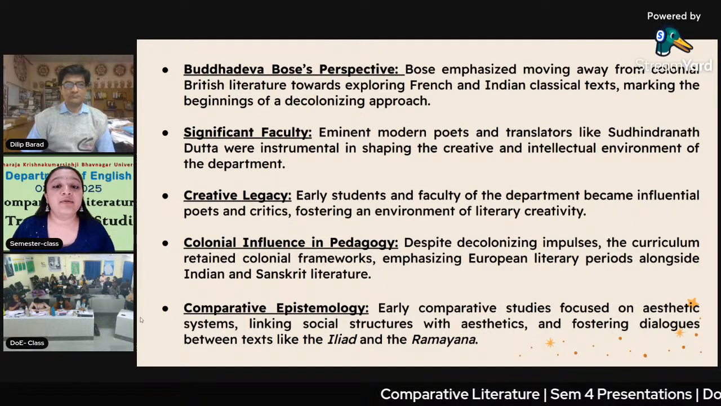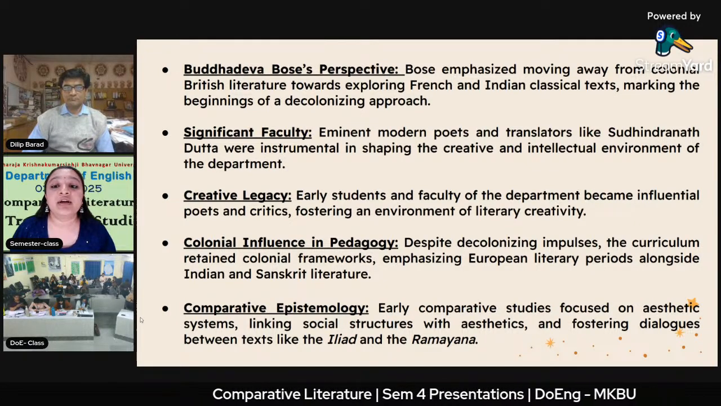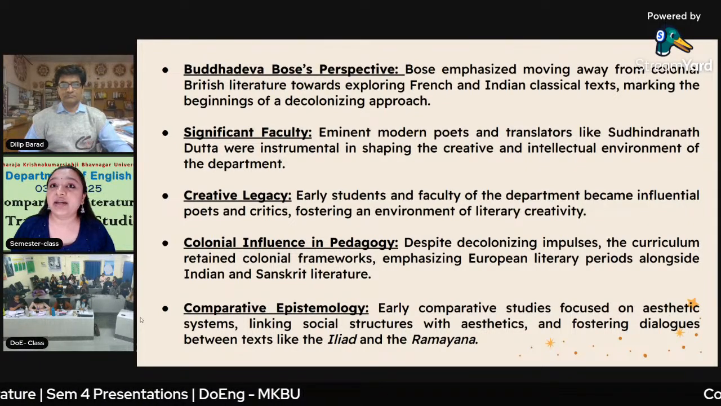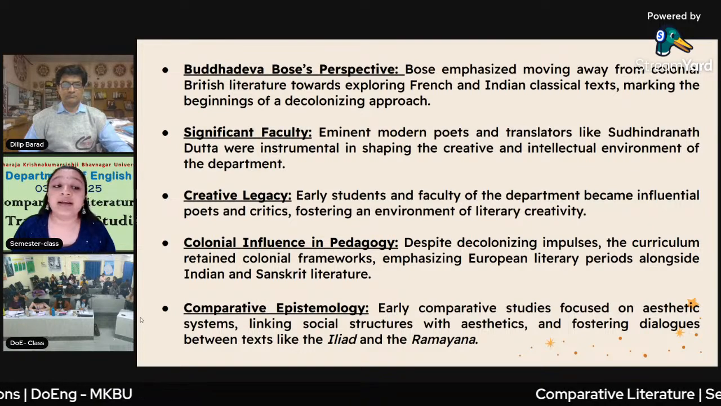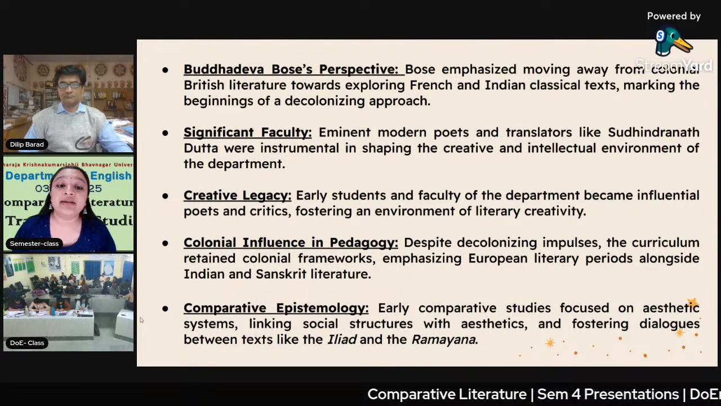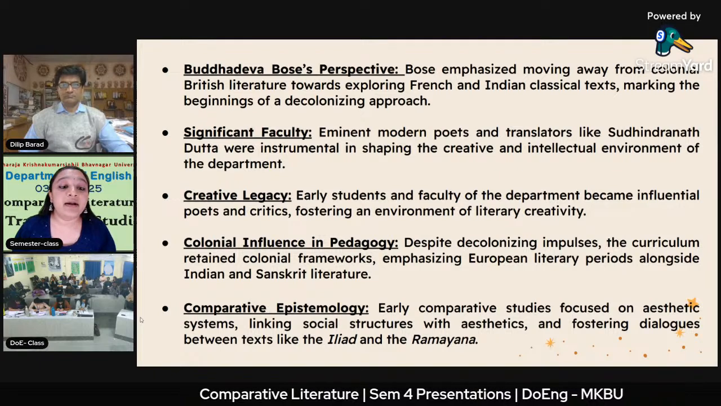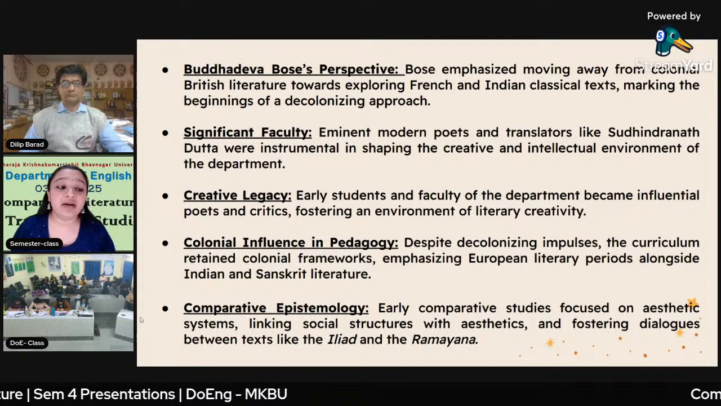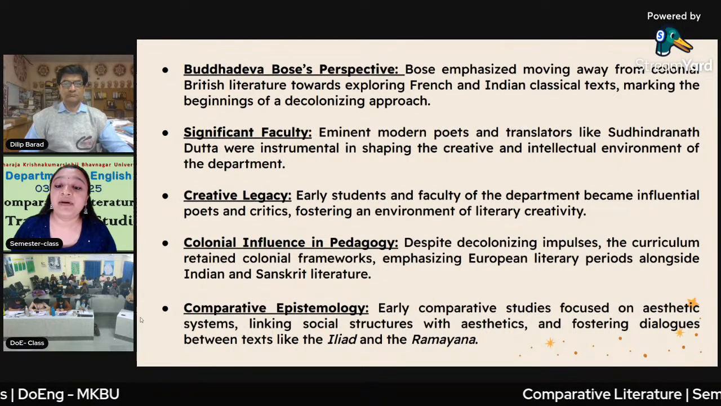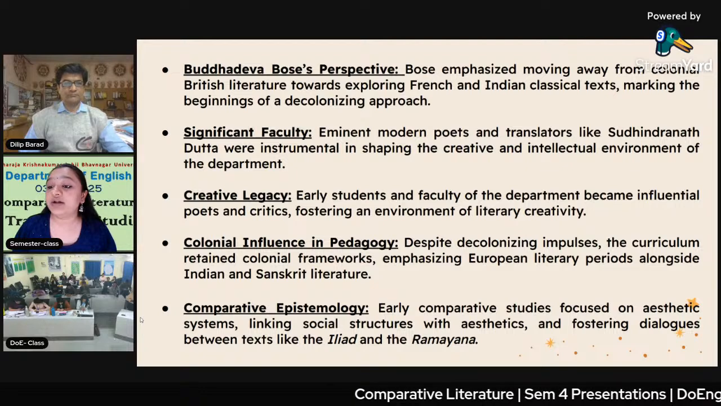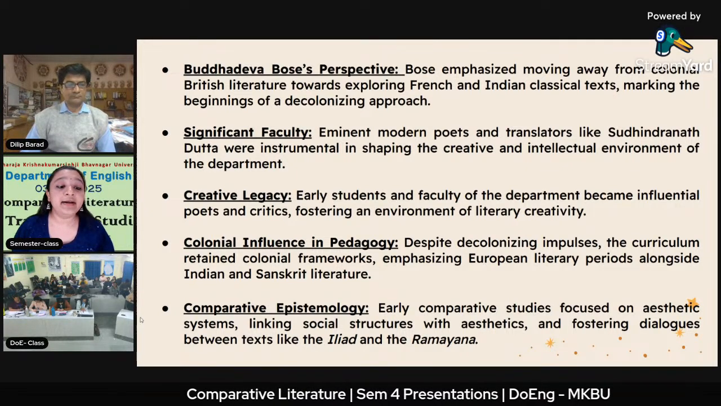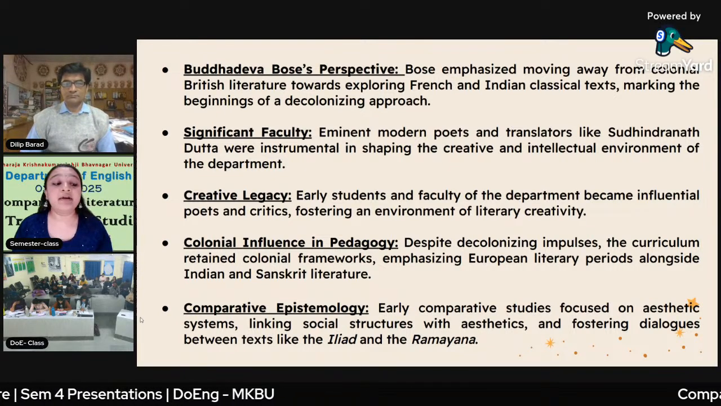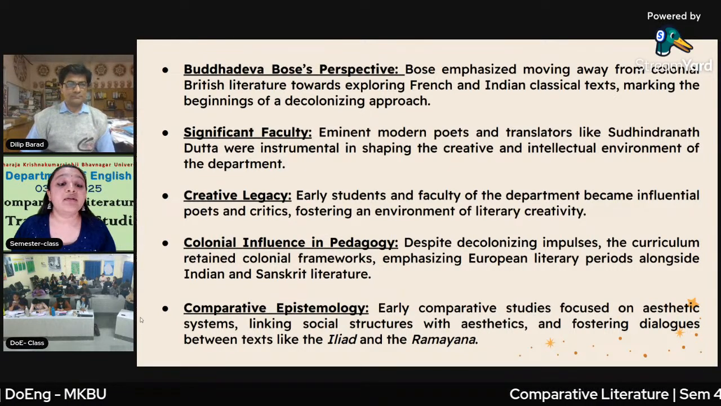Buddhadeva Bose's perspective on comparative literature emphasized moving away from colonial British literature towards exploring French and Indian classical texts, marking the beginnings of decolonizing approaches. Significant faculty: eminent modern poets and translators like Surendranath Datta were instrumental in shaping the creative and intellectual environment of the department. Creative legacy: early students and faculty of the department became influential poets and critics, fostering